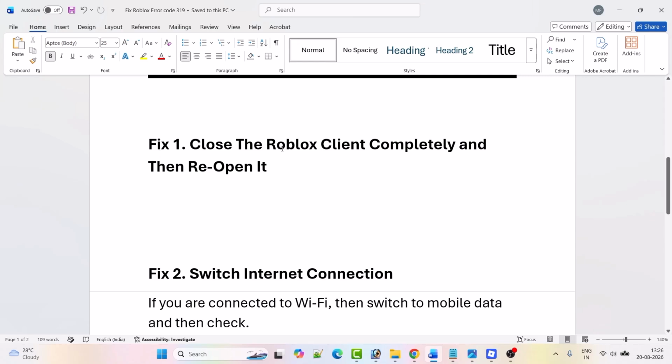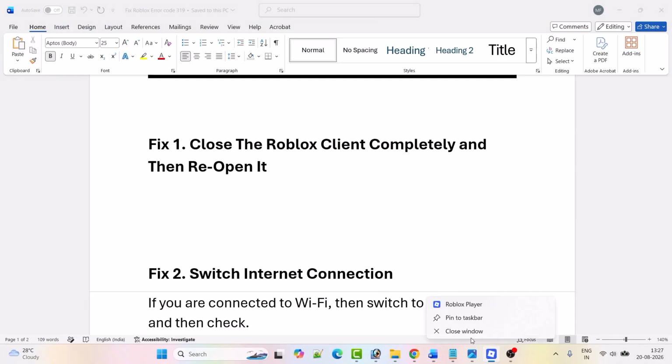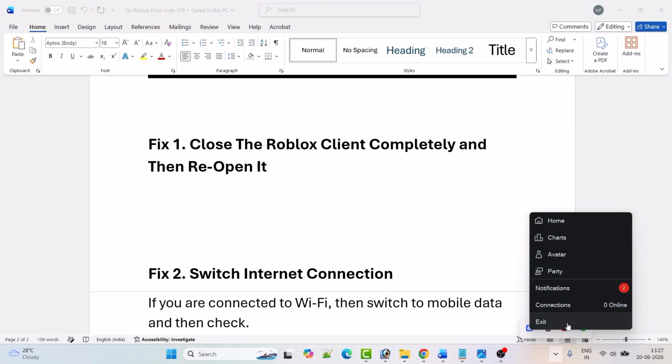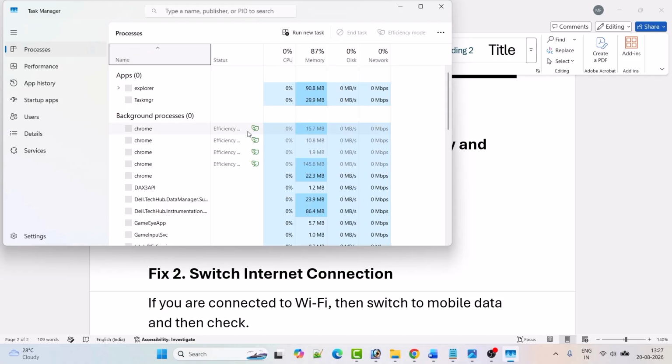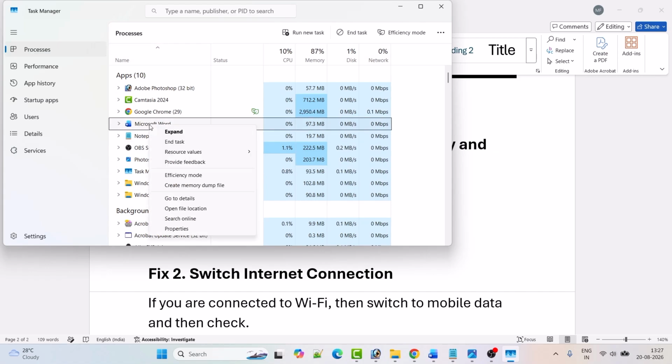So the first fix is to close the Roblox client completely and then reopen it. If your Roblox client is opened, then close it. Right click on the Roblox client and then click on close window. Also click on this arrow icon, and if you find Roblox over here, right click on it and then select exit to exit Roblox. Also right click on the taskbar and then click on task manager. And if you find Roblox running over here, right click on it and then click on end task to close Roblox completely